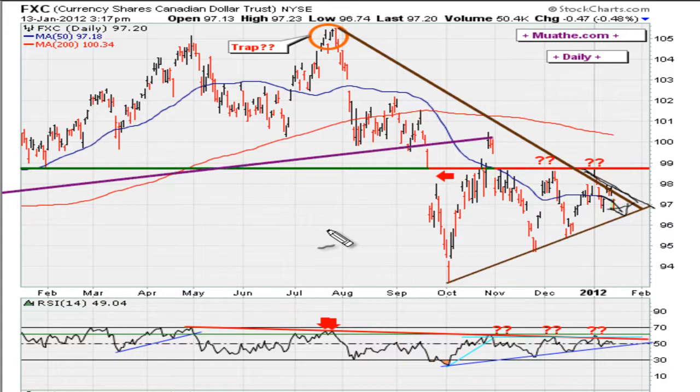All right, that's bearish for the Canadian dollar, which goes inverse the US dollar. And then also notice this: multiple RSI resistance points have been confirmed. Net is we might challenge this line here on the price, might break down below that,